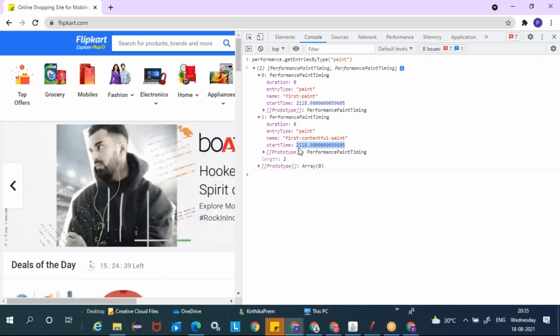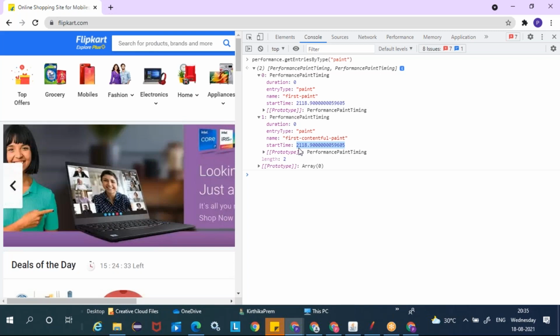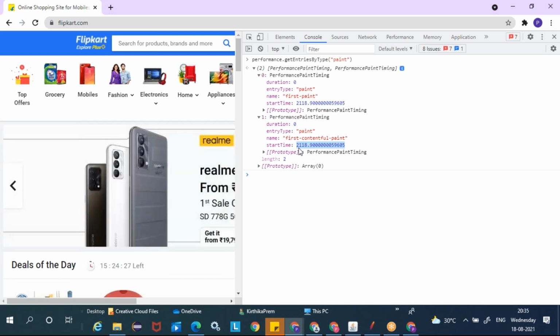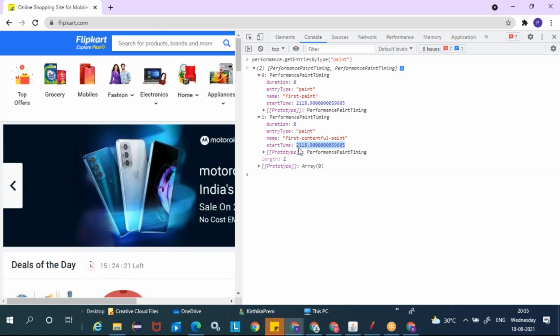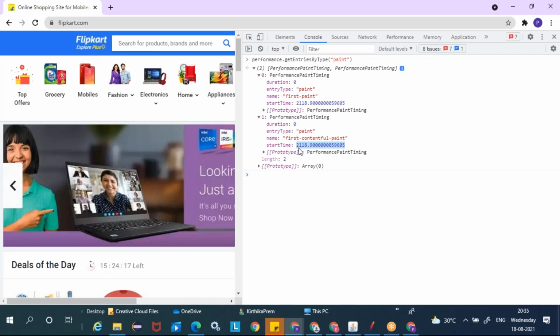Again, this paint API is available only with Chrome or with Google. The main reason is Google thinks this is very important, more from a business perspective, more from a revenue perspective, and even your Google search engine rating of your sites also indirectly depends upon these metrics.